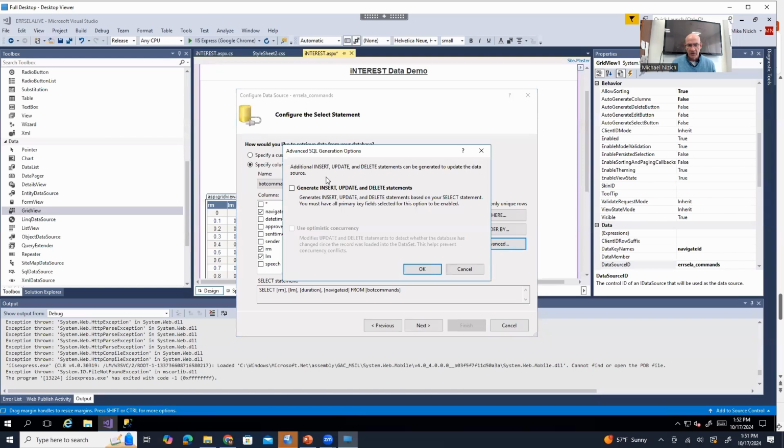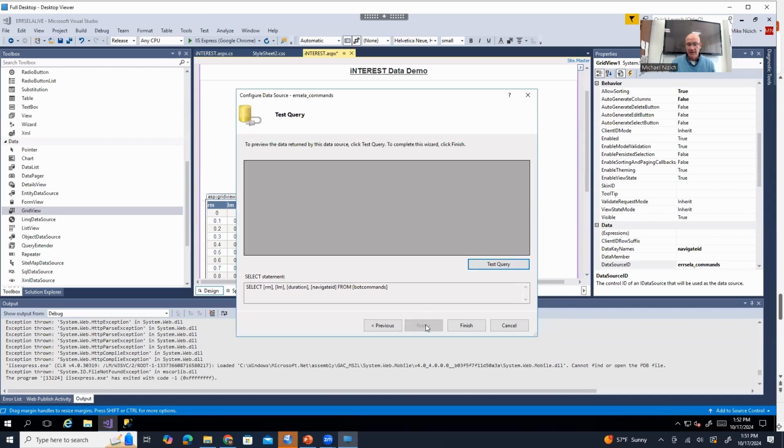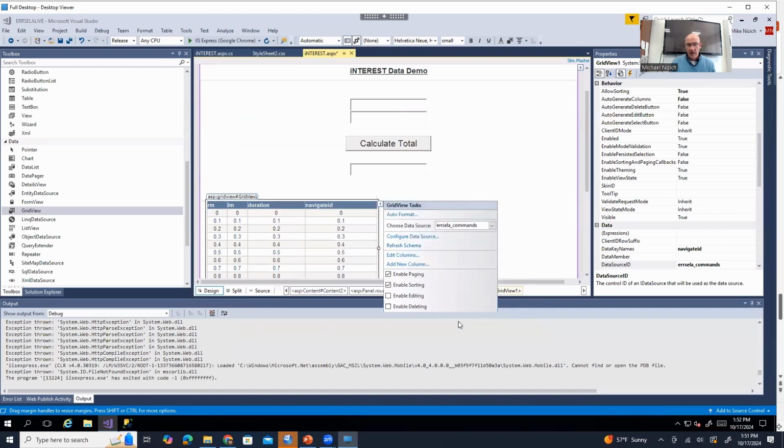So in this advanced section here, we want to generate insert, update, and delete statements and use optimistic concurrency. And that'll allow us to actually edit the database inside the grid. And now what happens is we can actually enable editing, deleting, selection, and you'll see all these different items added